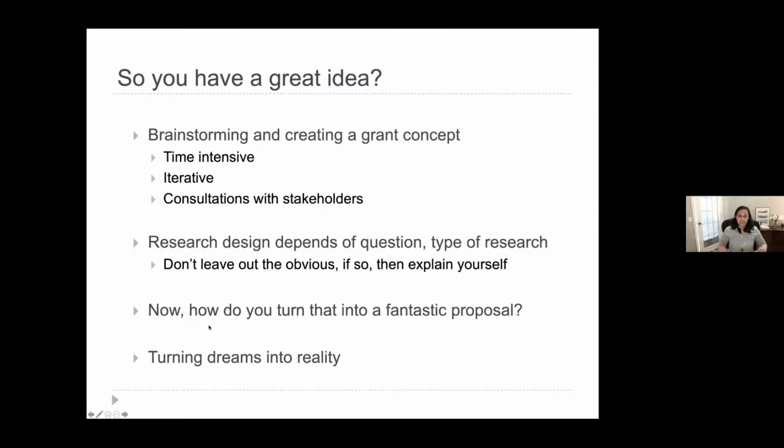So you have this great idea. So you want to solve itching, let's say, in kidney disease. So what do you do with that? And so this is where, and I had some discussions with some of you who are new investigators in the Pillar program, about how to brainstorm and create a grand concept. This is a time-intensive, iterative, difficult process where you have to engage with the different stakeholders, patients, policymakers, your colleagues, experts in the field,